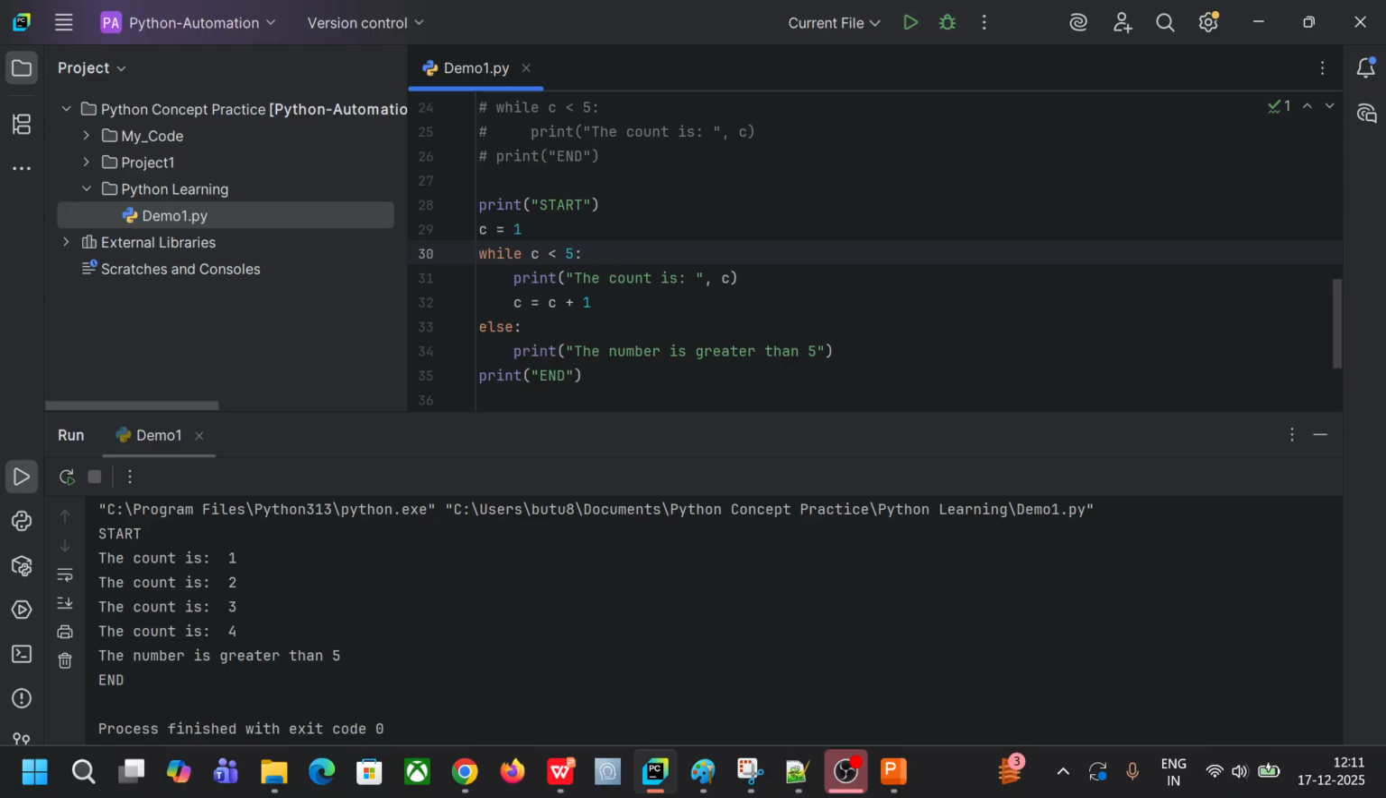Start, then the looping executed 4 times, not 4 times, 5 times. First one is 1, 2, then count is 3, the count is 4, then it has been executed, and this condition failed, then only it will be coming to the else. In that condition it has been printed this one, the number is greater than 5. All right,